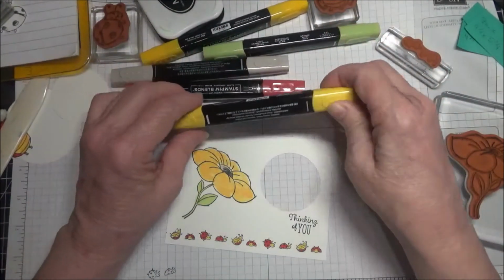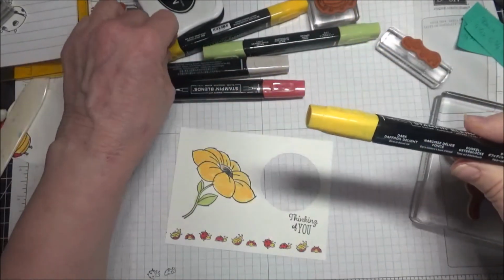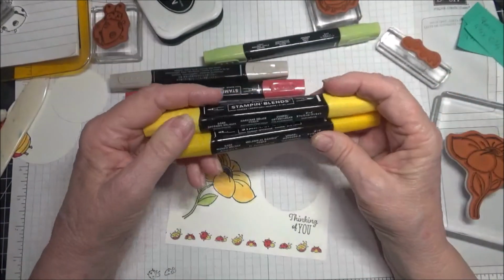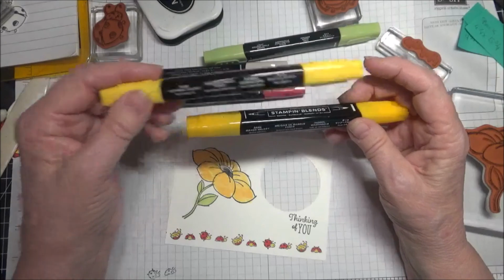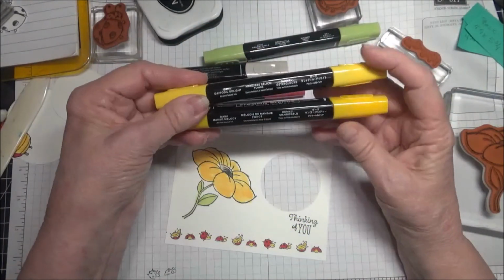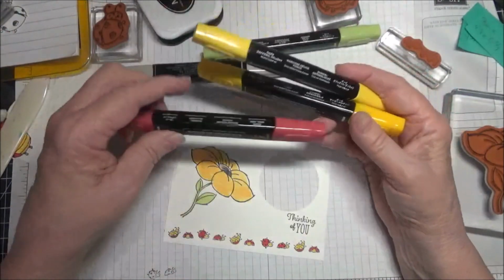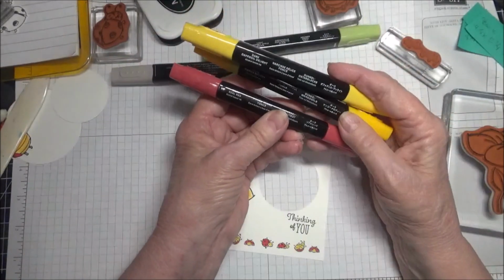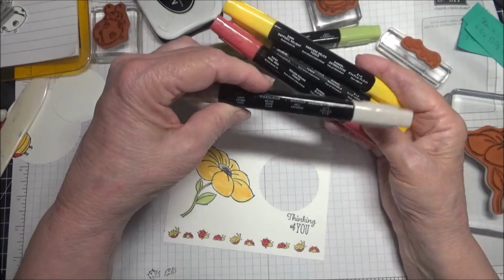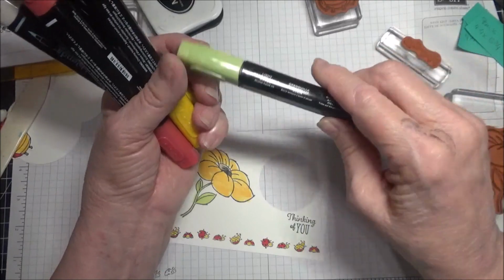There. So the colors that I used were dark... Oh, I guess I grabbed Daffodil Delight. Oh, what a goofball. Anyway, I used that on the bellies and the faces of the ladybugs. Dark Mango Melody for the flower, and Real Red, the dark Real Red, for the ladybugs. And then some light Crumb Cake for the center of the flower, and I used light Granny Apple Green for the